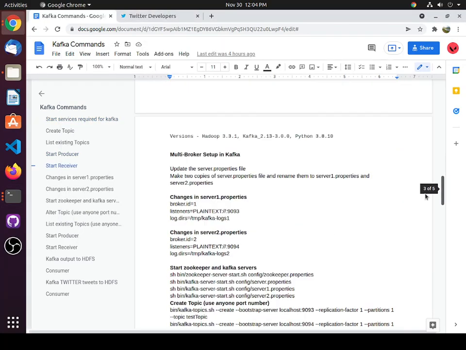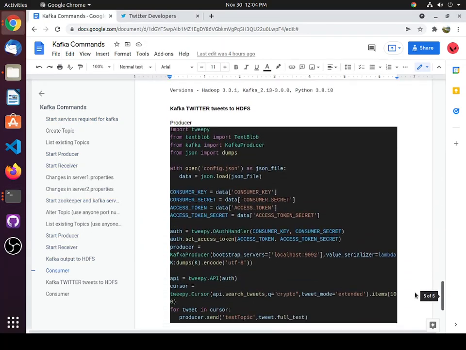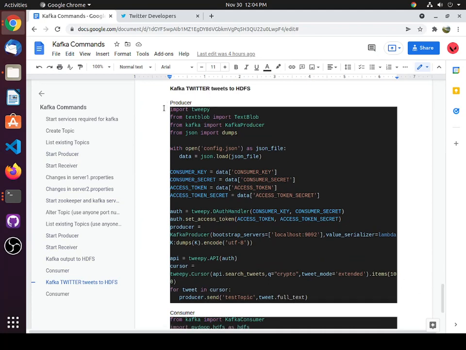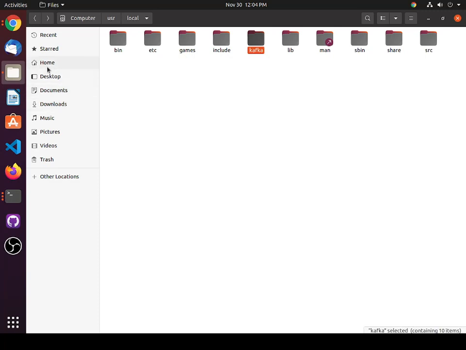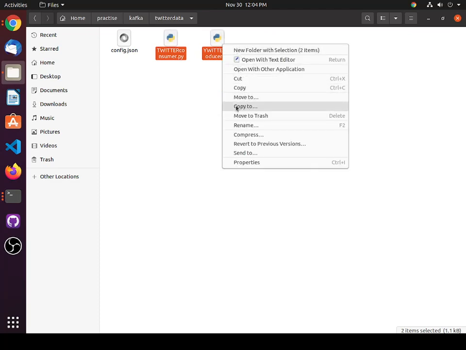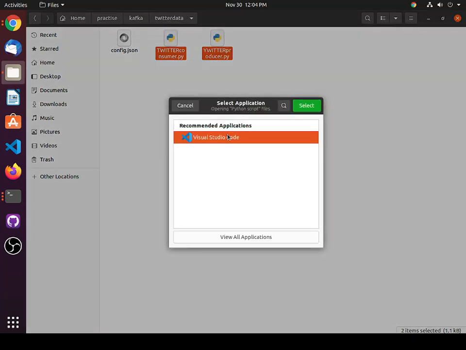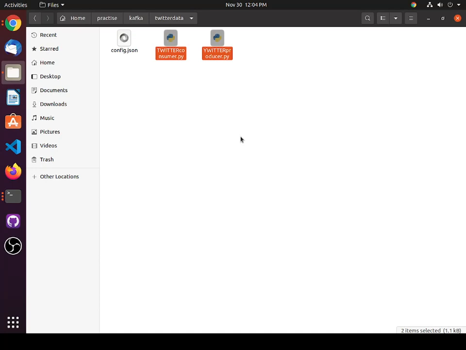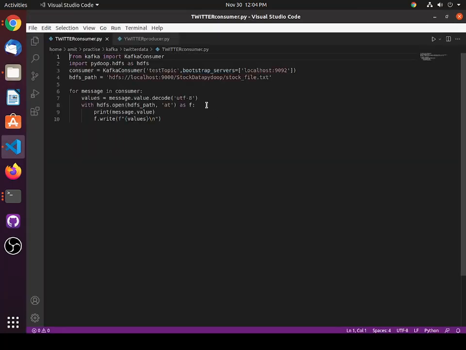Next thing you want to do is this Kafka Twitter code. I have pasted the code here. Let me show you. As you can see, this is a consumer program.